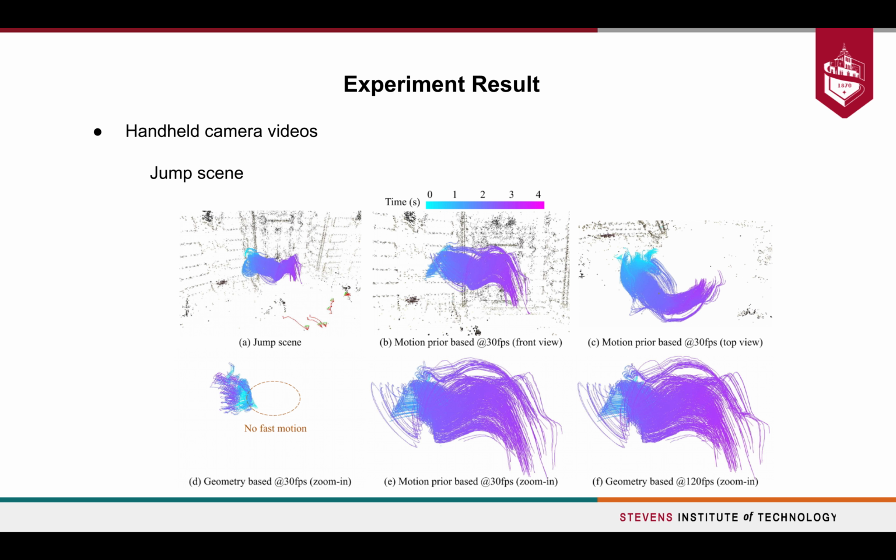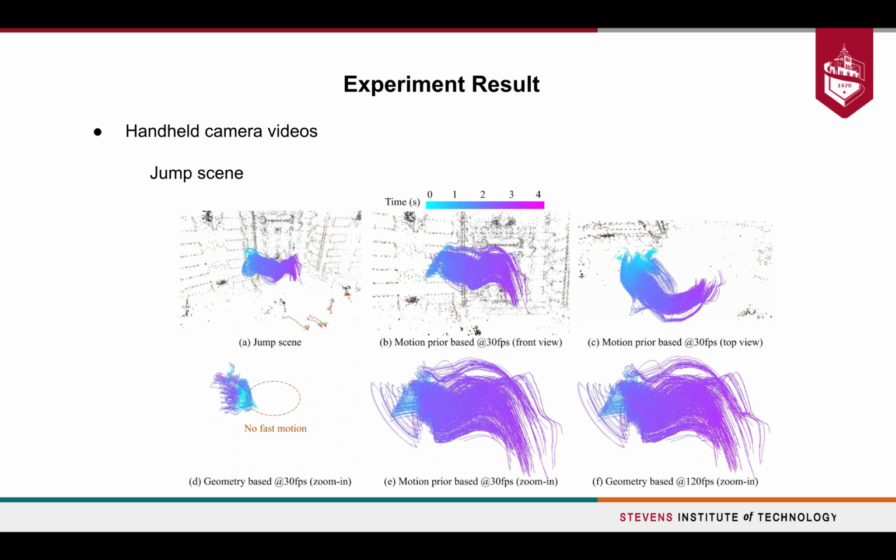For this geometry based one, he said this part is a fast motion, and the geometry based method will fail to reconstruct on this fast motion. And he also compared the last two figures. The motion prior using a lower frame rate will have as good a result as the jump based one